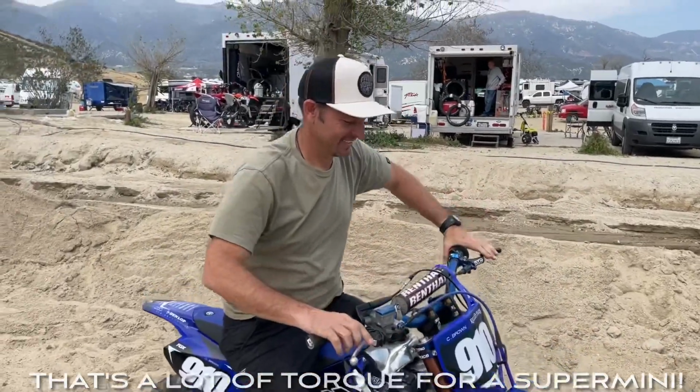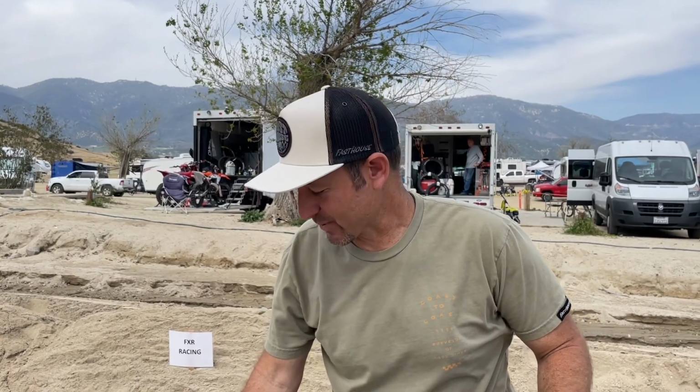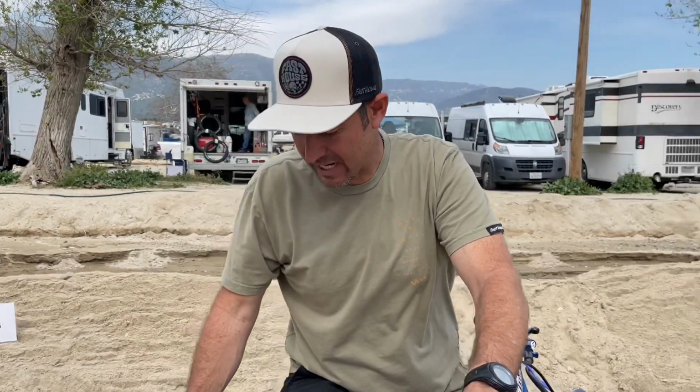That's a little more torque than an 85, huh? That's pretty cool. Wow. That's definitely one of those things where you look at it and go, my kids have 85s and this isn't that. Yeah, this is when you're really going places, when we know you're going to be a pro someday, right? It's kind of cool that Duane just built a one-off bike that you look at and go, really? And it was for Carson, who we saw earlier. The stuff that he could do on these motorcycles is absolutely ridiculous. I mean,